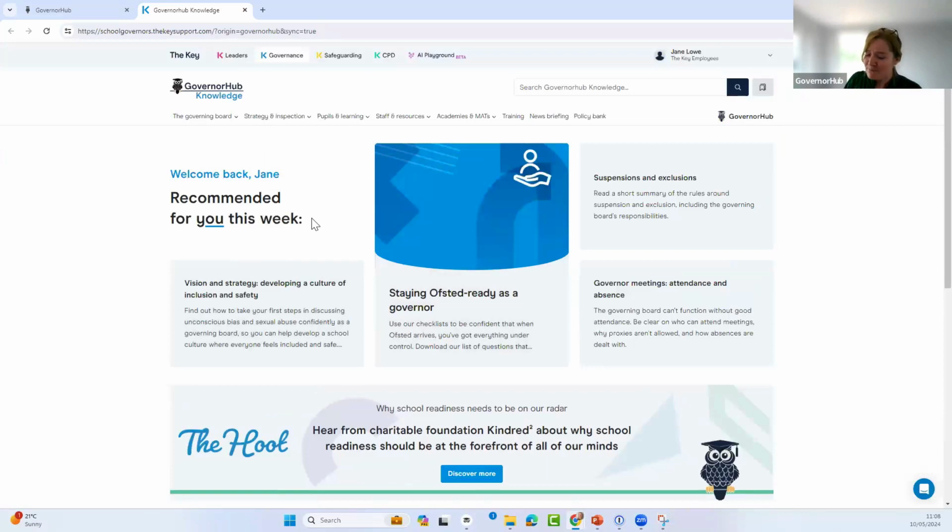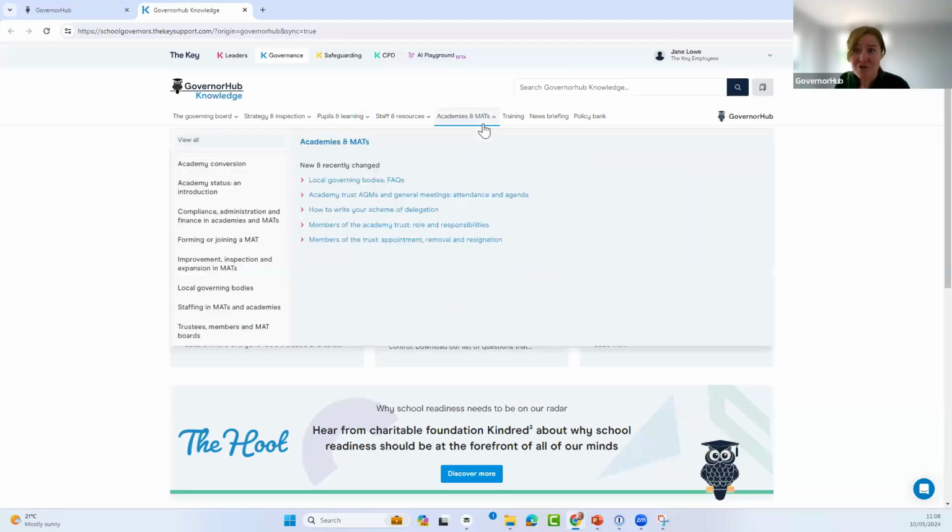Now, when you go into this, you might be browsing, but more than likely, you're looking for something specific. So it might be, for example, quite recently, a few weeks ago, the governance handbook was replaced by the governance guides. So it might be that you want to know what those changes mean for you as a governor.